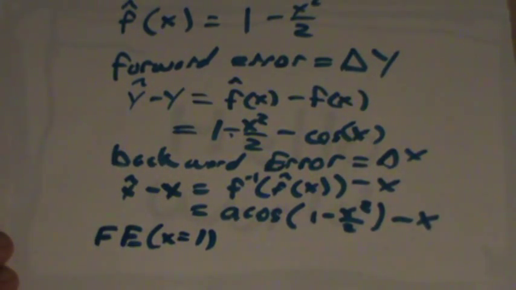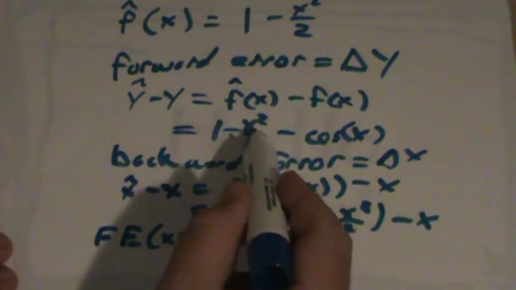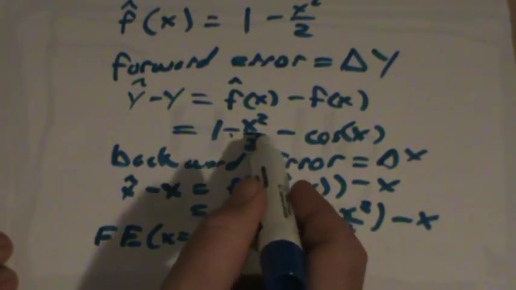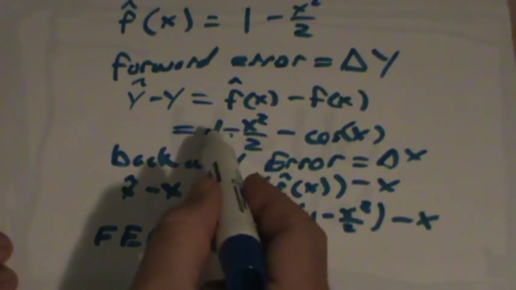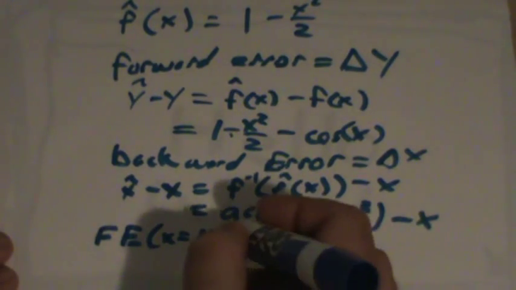I'm assuming x equals 1 because it's fairly straightforward for me to calculate. It's nicer if I have my numbers calculated out, but we can stick them in here and go. Forward error, in our case, we have 1 minus 1 squared over 2, so that's 1 minus a half, so I have a half,